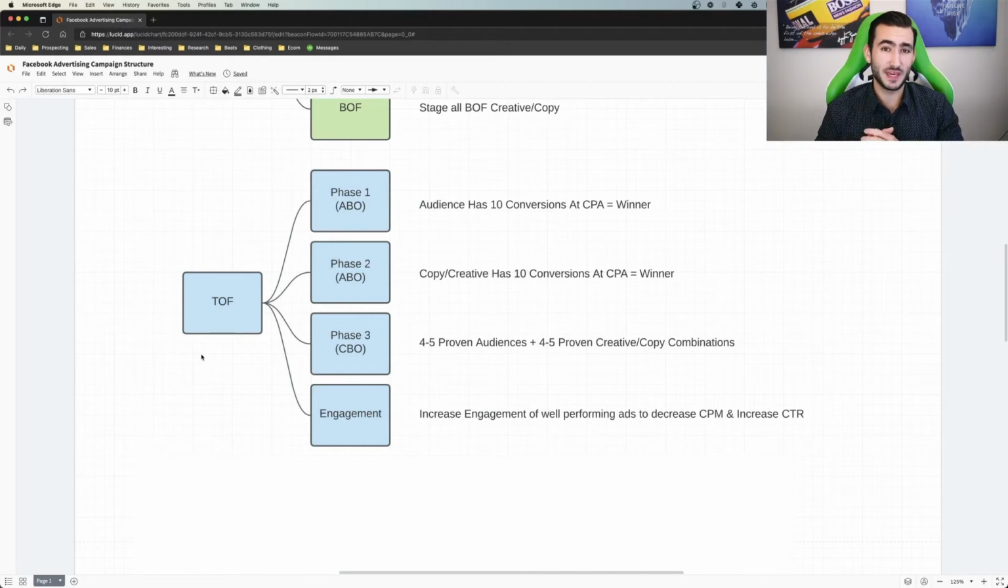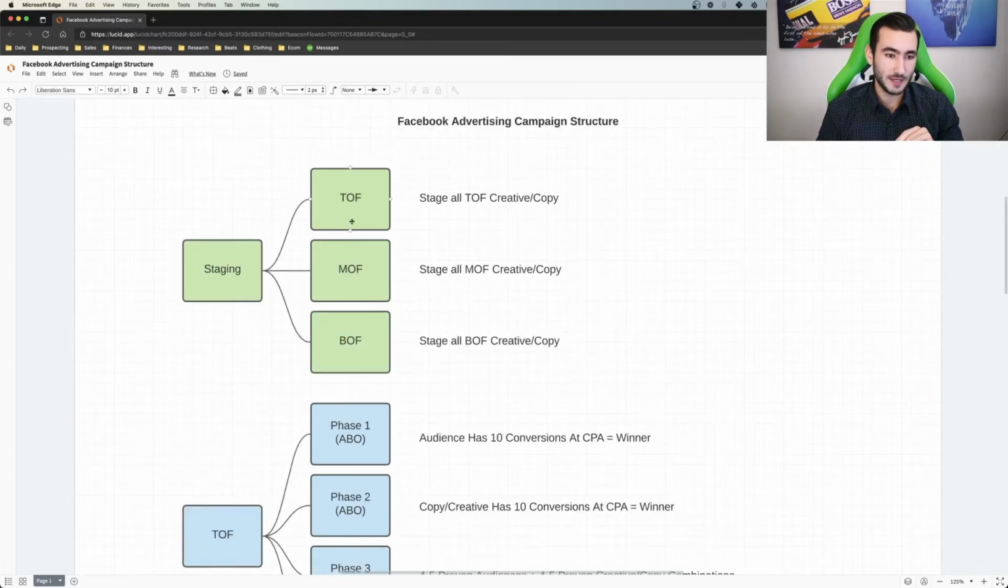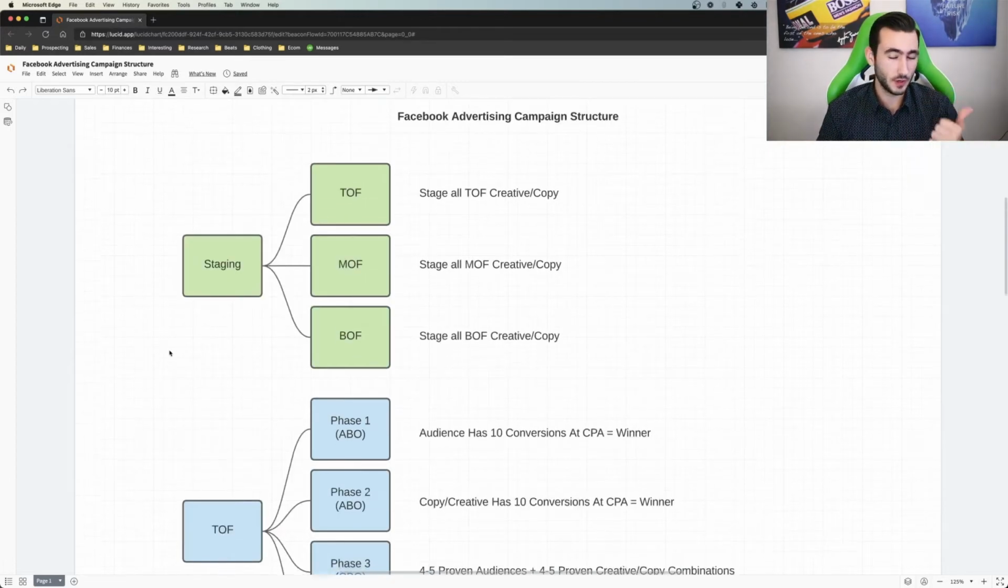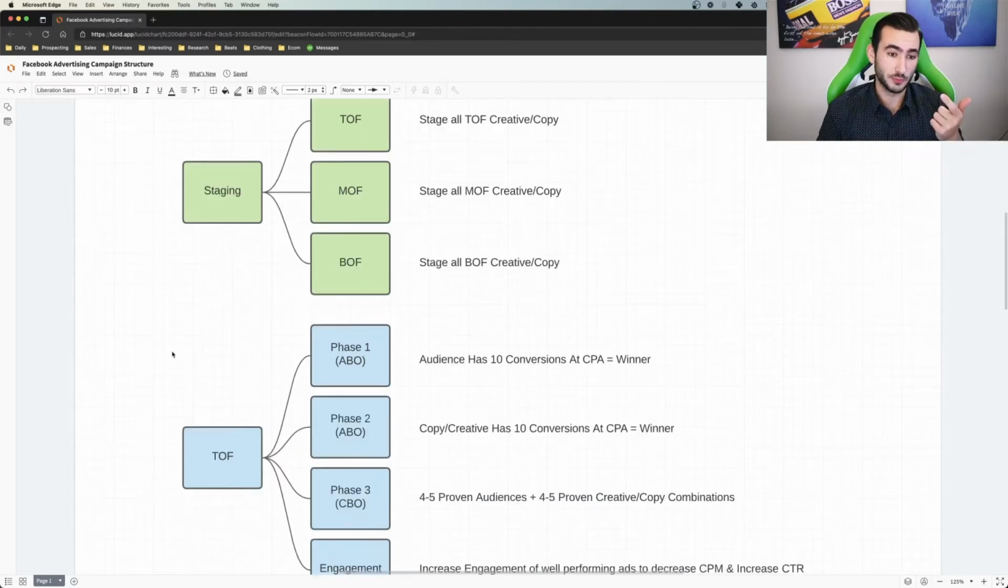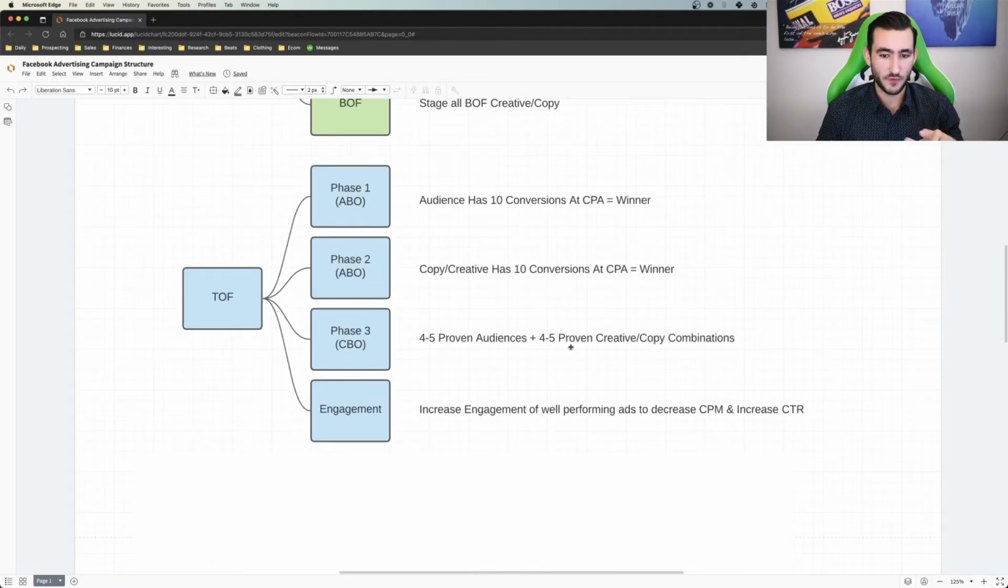Now lastly, the engagement campaign is mainly there to serve the phase 3 campaign. So like I mentioned earlier, the reason we stage campaigns is to make them more organized and at the same time build social proof. Now once we have those 4 to 5 proven creatives in the phase 3 campaign, we put those same exact 4 to 5 creatives into an engagement campaign. And we mainly do this to build up more and more social proof because that increased engagement is going to have a significant impact on decreasing our CPMs, cost per mille, which is cost per 1,000 people reached, and